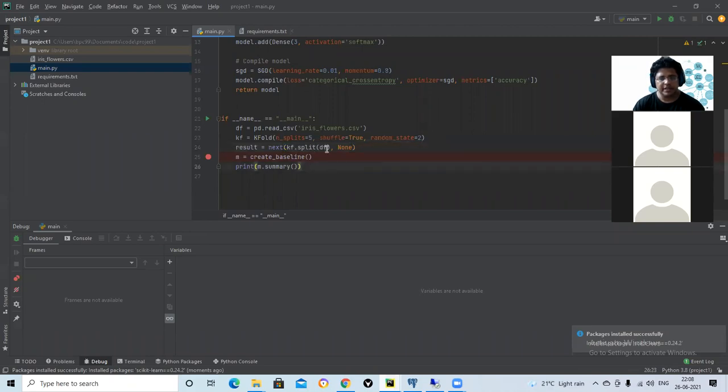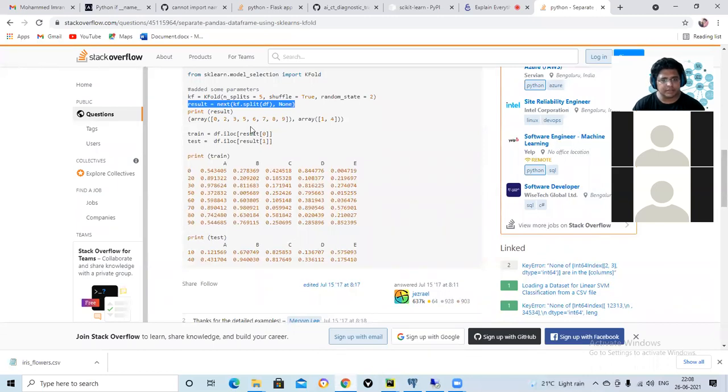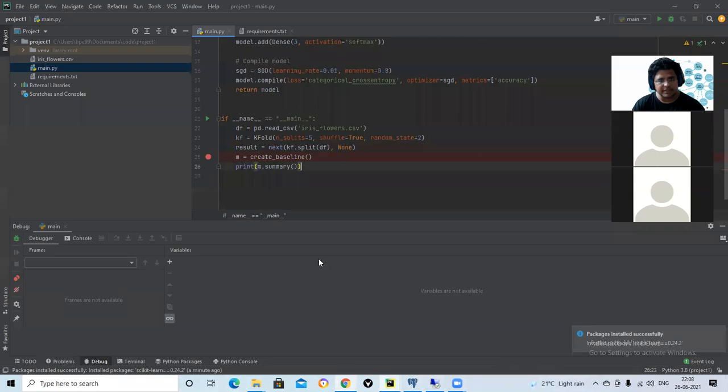Next, kf dot split. Okay, a random split is done. From this result, from the data frame, I am taking the training data and the testing data. Okay, let us debug this here, then you will understand.